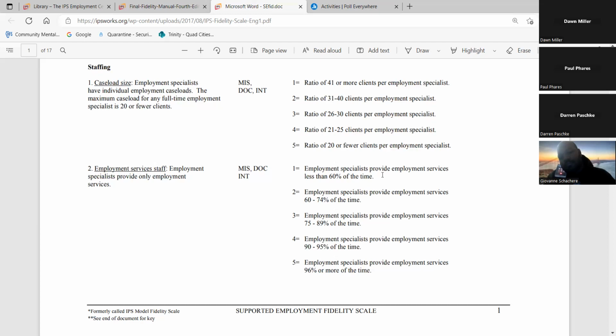And as a tip, I would bring a couple specific examples to the table. It's hard to deal in hypotheticals, so bring whatever the last thing you saw was that stumped you. The agency has 2 employment specialists. Each of them works 0.5 or half time IPS, and their other function is housing. And I would ask things like, how do I regard caseload size? How do I regard specific items, to try to see if you can get some clarity. It is tough to arrive at a score with examples,